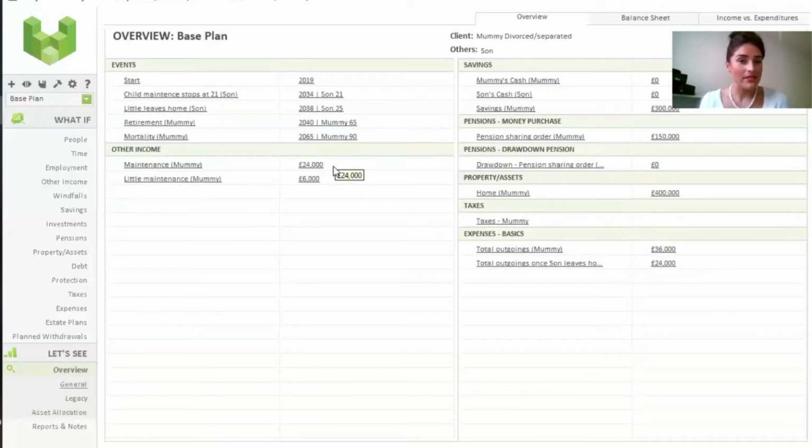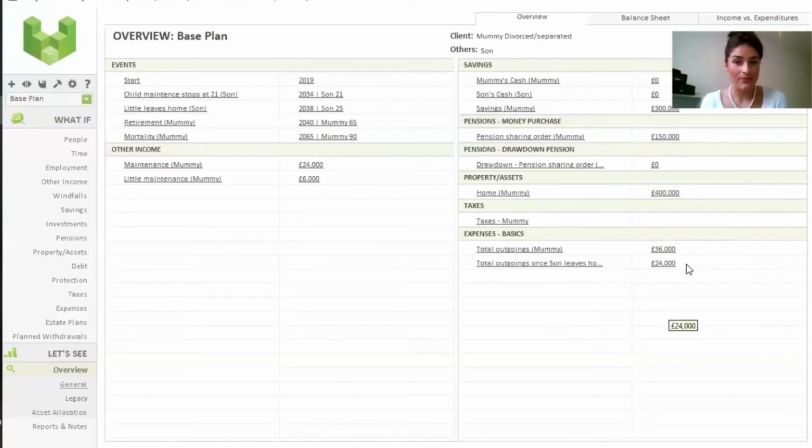Maintenance that she's currently receiving from her ex-husband for her is £24,000 a year, and the maintenance she receives on behalf of the son is £6,000. She has £300,000 in cash in the bank and £150,000 in her pension. Her property is worth £400,000 and it has no mortgage on it. Her total outgoings are £36,000 a year,